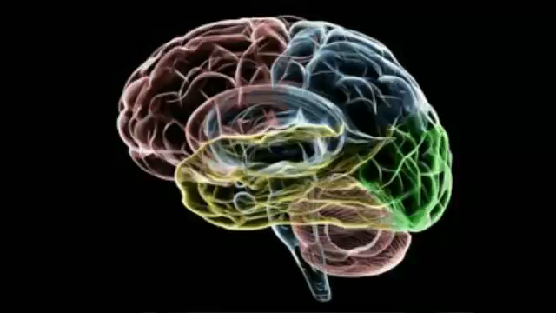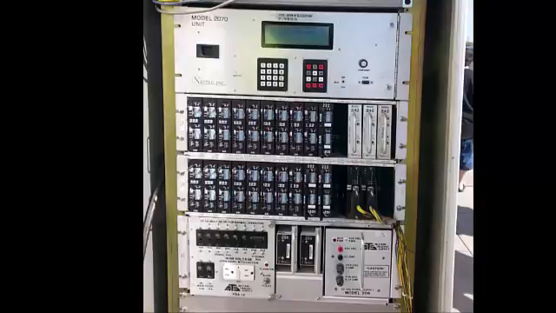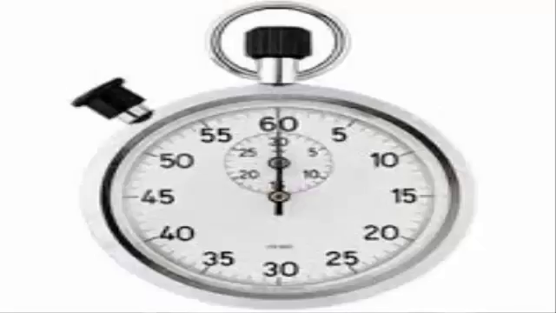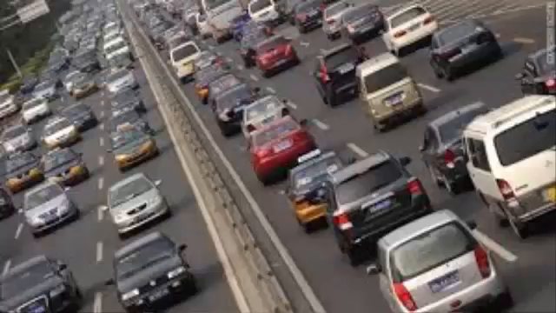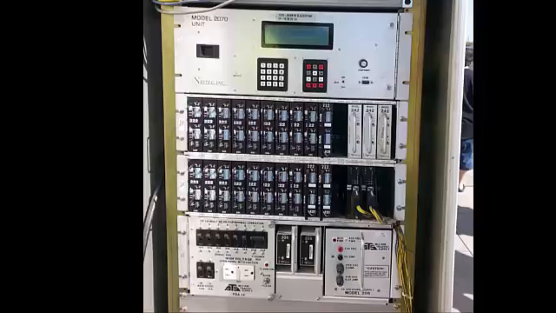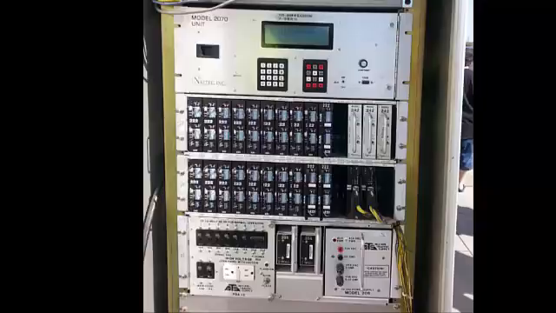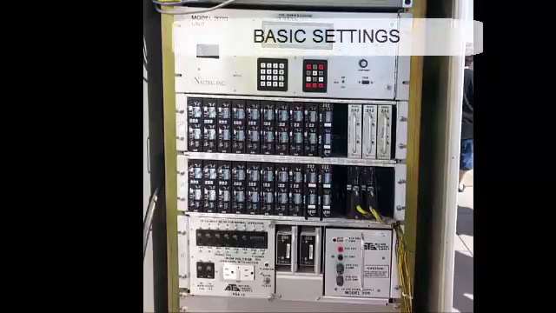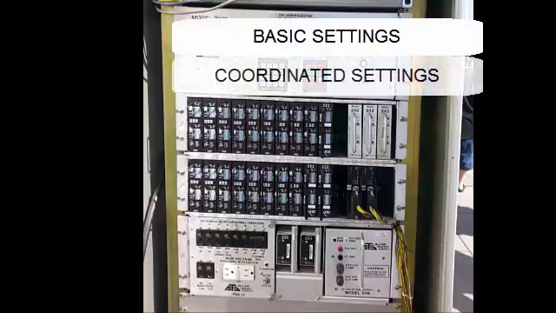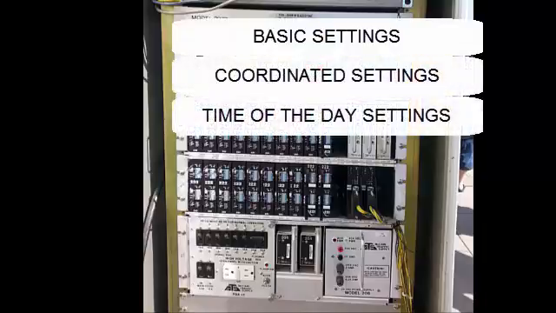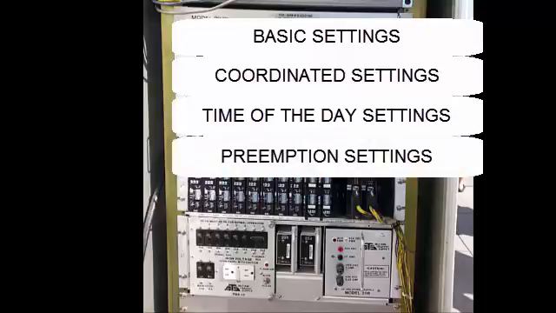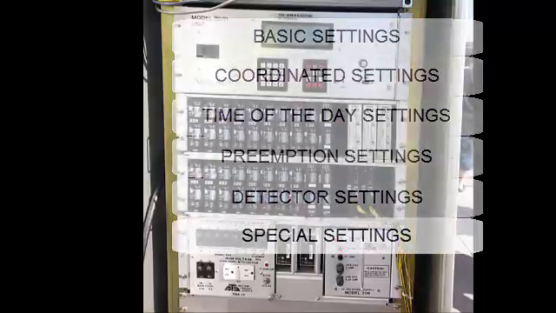Modern controllers are capable of fully actuated operation, producing signal timings that vary depending on level of traffic demand. It uses settings that have been programmed inside it, along with vehicle demand for each phase as presented by vehicle detectors, to make decisions on the allocation of green time to various phases. It has 6 possible settings: basic settings, coordinated settings, time of the day settings, preemption settings, detector settings, and special